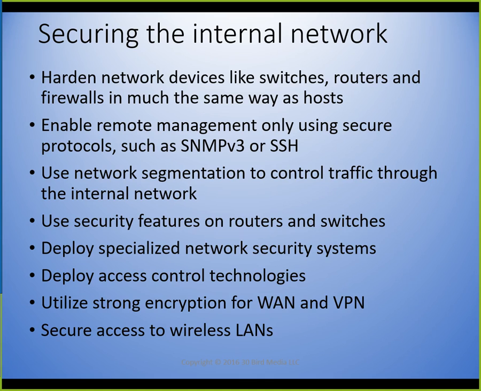Some of those would be like the IPSs. Firewalls, I think, would be one of those things. Access control technologies, so that who can get there, access control, who can access specific things, and stronger encryption for the WAN and the VPNs. A stronger encryption, we talked a little bit about some of the encryption technologies. AES is the one that we really want to be able to use.